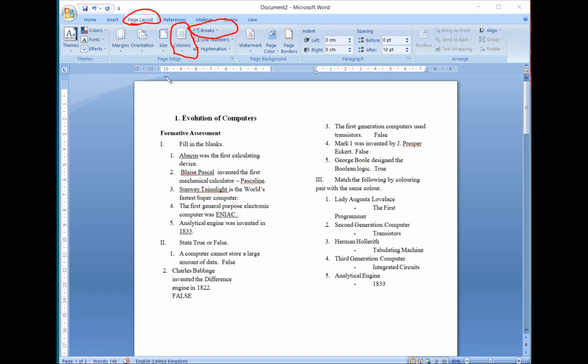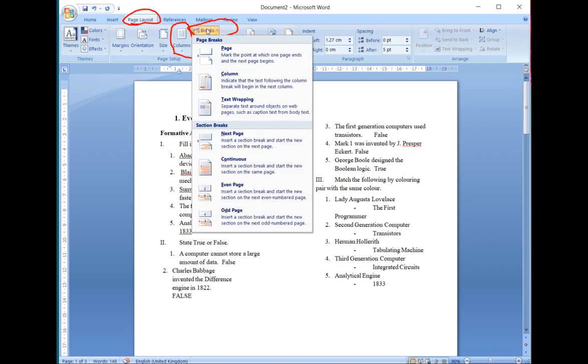So if I want to insert a column break over here, I'll place my text cursor over there, then click on the breaks option. Then as you click on the breaks option, under the page layout tab, select the column option from the drop down menu.